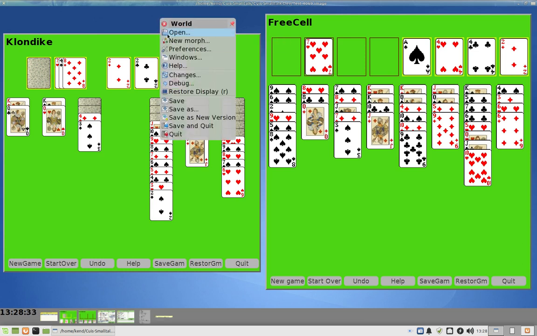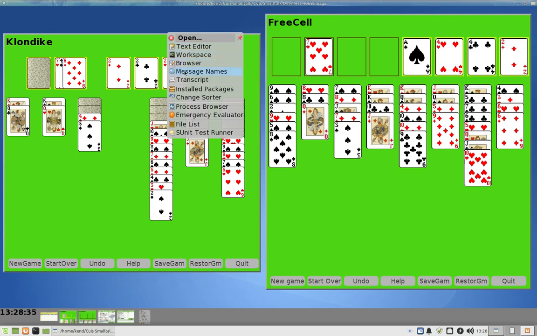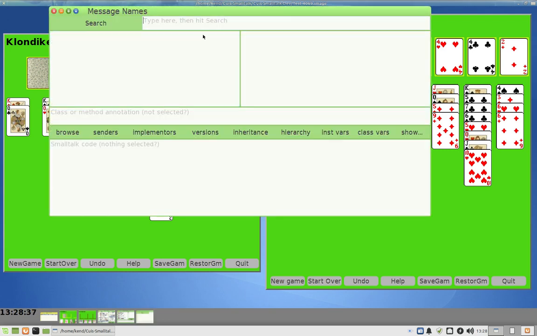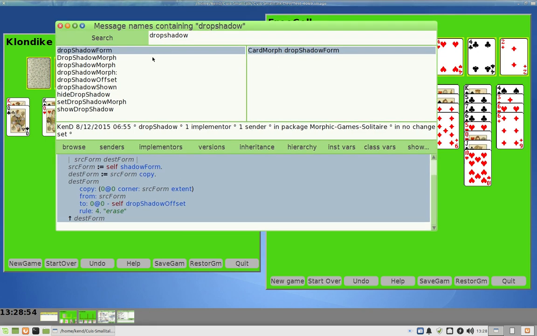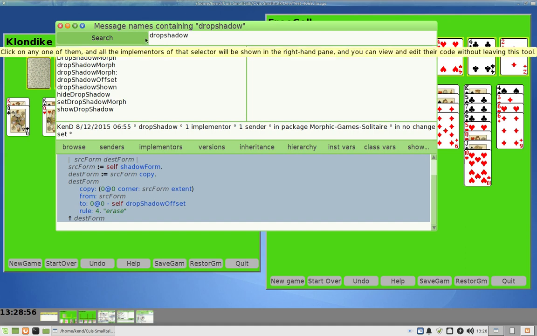And so if you happen to know a name, like drop shadow, we can hit return and then find out that for drop shadows, we get a shadow form and card morph and so forth. I'm not going to do anything more here, but just to point out that searching on the names, if we